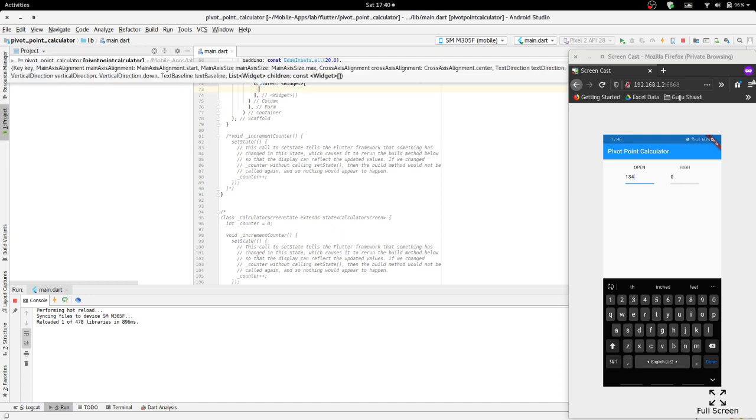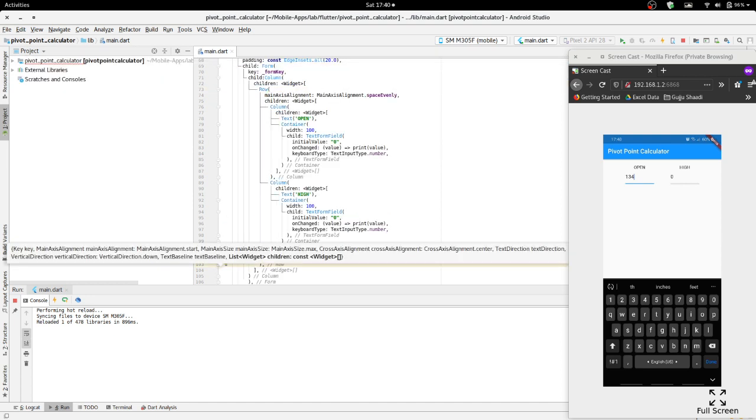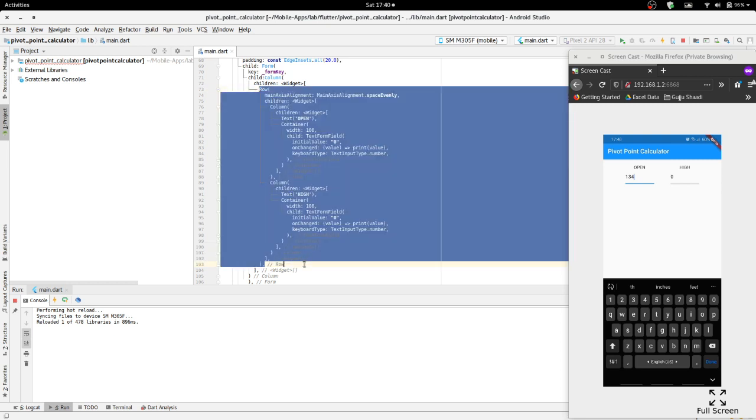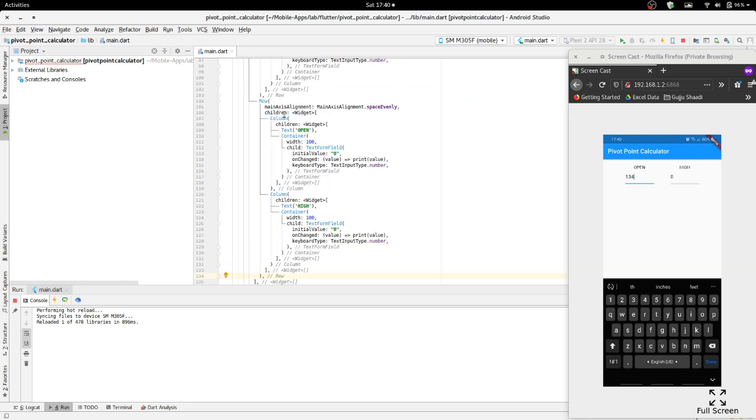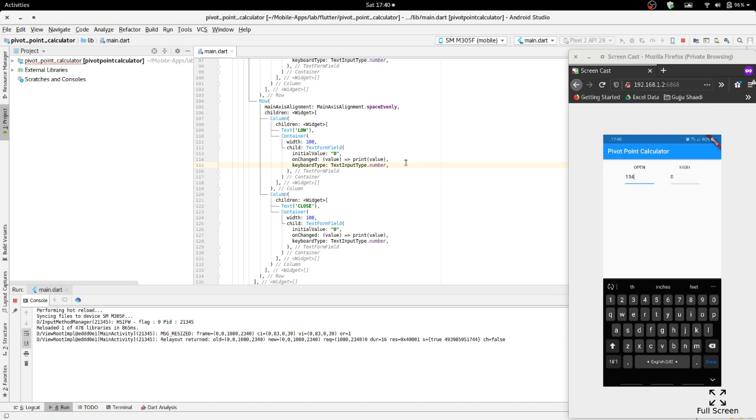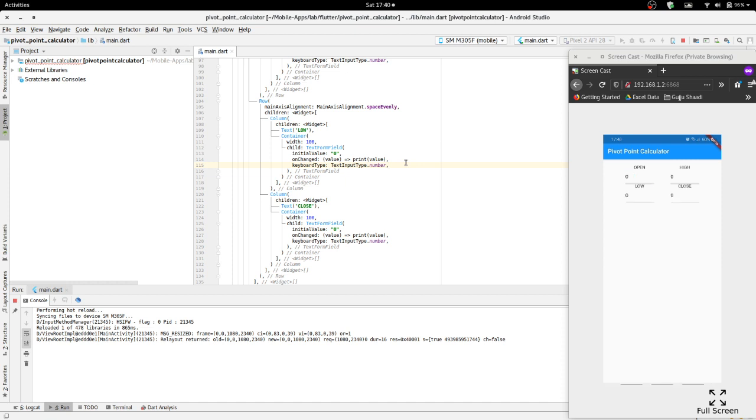This then only we can have two rows, right? One row, copy, another row, paste: open, high, low, close, I think, yeah. High, low, close. Okay, that row might need us the